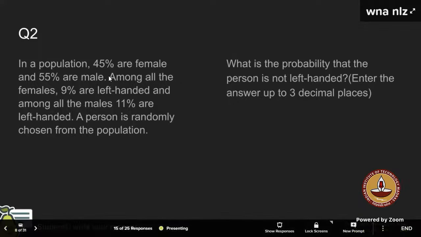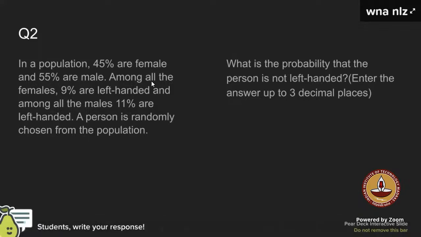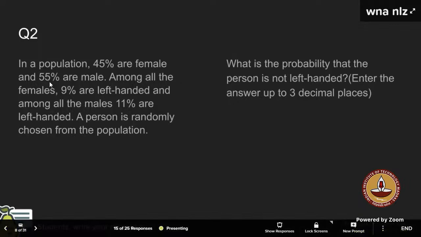Now what you are saying, the first thing, as I was saying, is in two phases. I think someone was saying that he's solving it according to a tree diagram. I think even the professor has solved it that way in some of the lectures. The first initial thing we are trying to do is that it can be either a male or a female, right? Now when we are saying 45% are female, let the event of picking a female be F, and the event of picking a male randomly be M. So what would be the probability of F? It will be simply 0.45, right? Yes, sir. And similarly for the male, the probability of M would be 0.55.